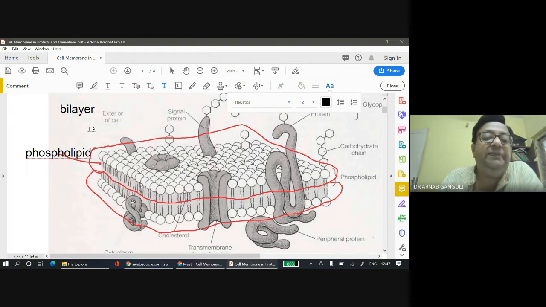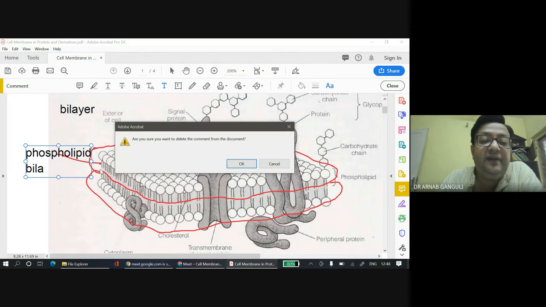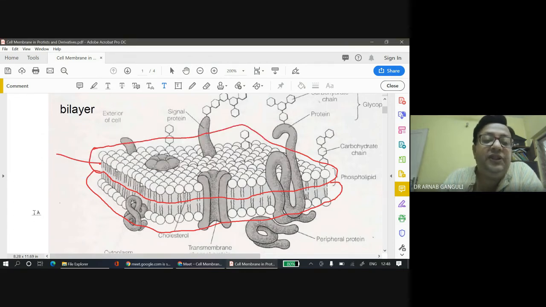And this phospholipid layer, so this phospholipid layer consists of two parts. This outer part,